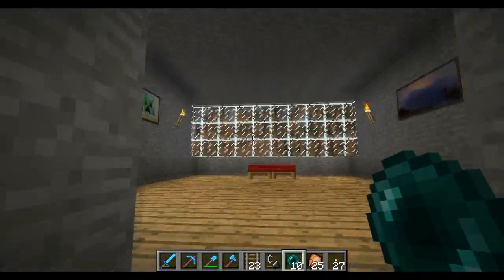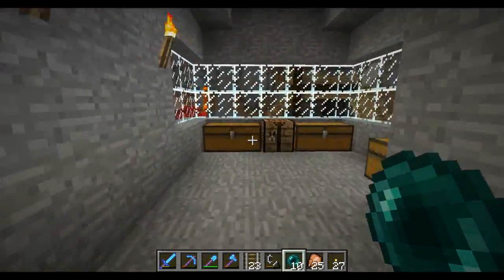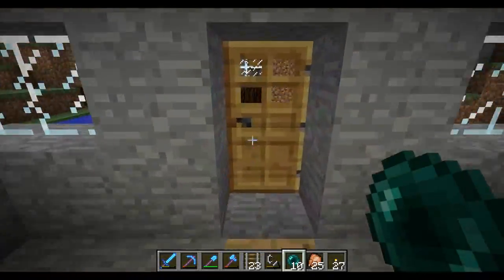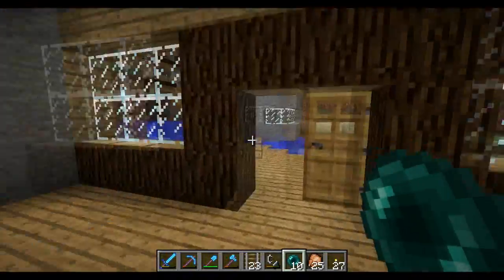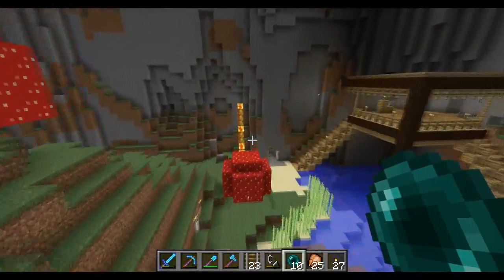And we come up here. This is the bedroom. Sort of just a storage area. More storage area. We come down here. This is extra storage area. Whoops. Don't worry about that. And then over here